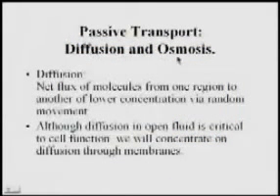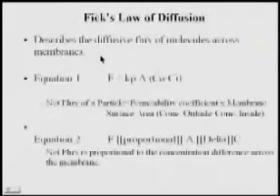So passive transport, diffusion, and osmosis. First, diffusion. It's the net flux of molecules from one region to another of lower concentration via random movement. Although the diffusion in open fluid is critical to cell function, we will concentrate on diffusion through membranes and plasma membranes whenever possible. So there's a law that applies to the diffusion. It's called Fick's law of diffusion with two equations, and we see that it describes the diffusive flux of molecules across membranes. So with equation 1, we see F equals Kp